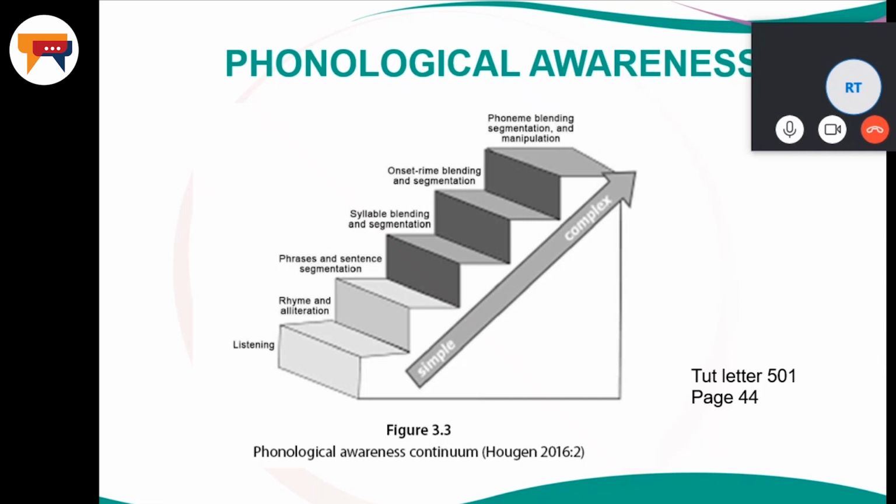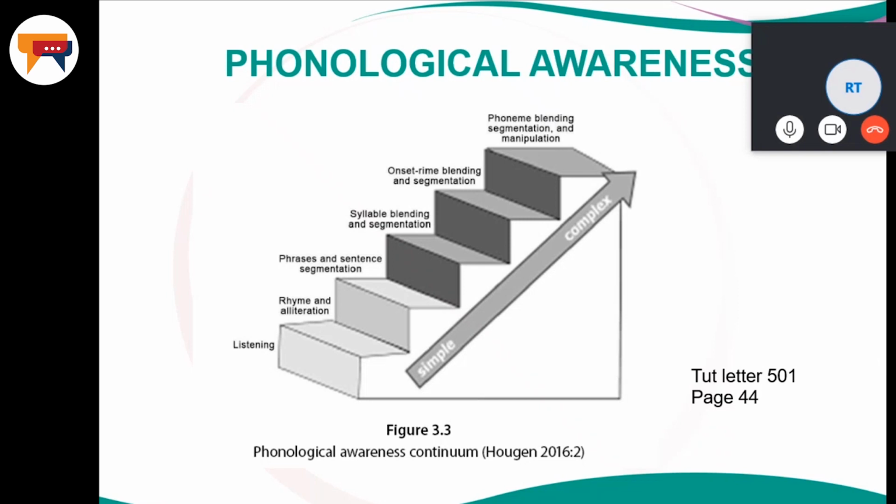Then the next thing, and they usually learn this very quickly, is to segment words. Like when they say their name, Joshua, they clap. Joshua. And this helps them when they start to read and they can't immediately identify the word, and they have to break it down. Segmentation is a useful skill. That's why we teach them this skill. First a syllable segmentation, and then you would go to segmenting a word on a sound level,